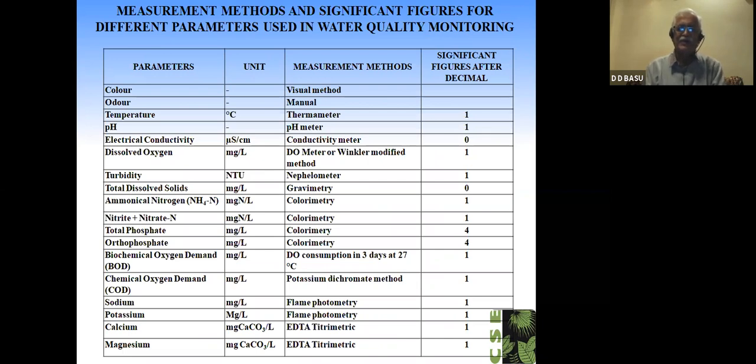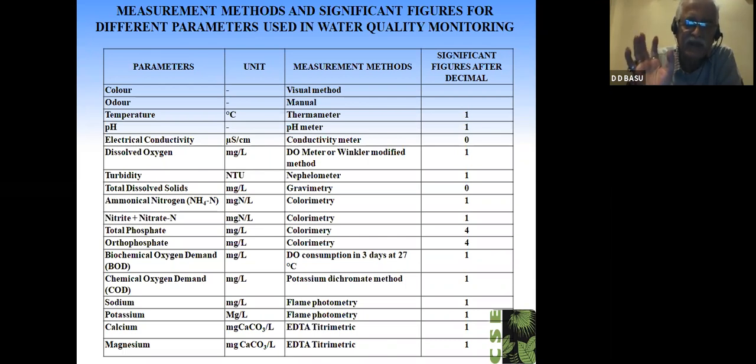Then the measurement methods I have given, with significant figures after the decimal. Too many digits is not good, like 4.5434; your instrument has to support that. A DO meter gives one digit, like 6.1, 6.4. Conductivity: 320.4 is meaningless, you write 320. If it is 320.6, it is 321. Dissolved solids are also like that, where the values are bigger. Phosphate and orthophosphate values are very small, so four significant figures are used,